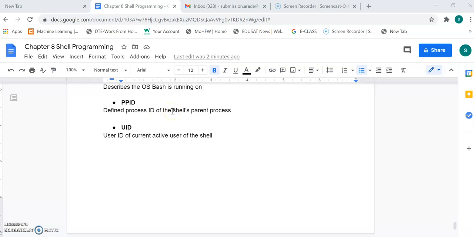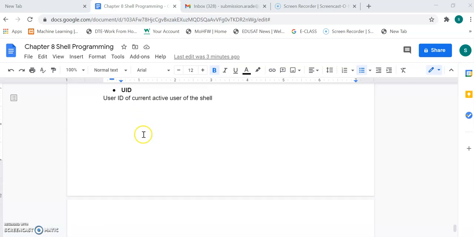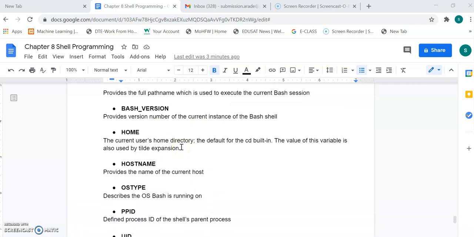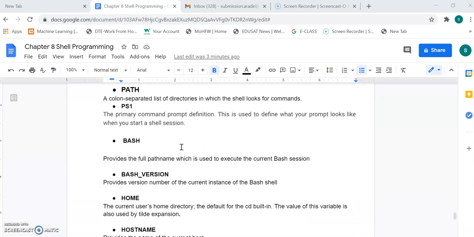Process ID is the identification number of a process. If you are running one process, that will be considered a child, and its parent process number will be written with PPID. UID is the user ID of the current active user. So these are the predefined variables.